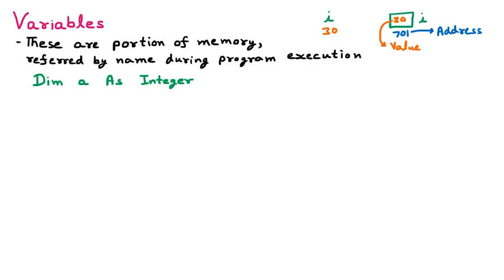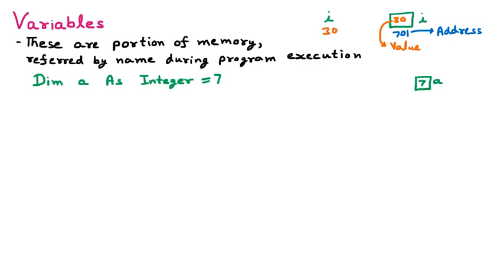That means one block of memory is reserved. This is the memory here and the name of that memory is A. There can be any address, which we are not considering right now. If we say A is equal to 7, that means inside A we are storing 7. So 7 is stored inside A. A is the variable here, of integer type, and 7 is stored inside it.